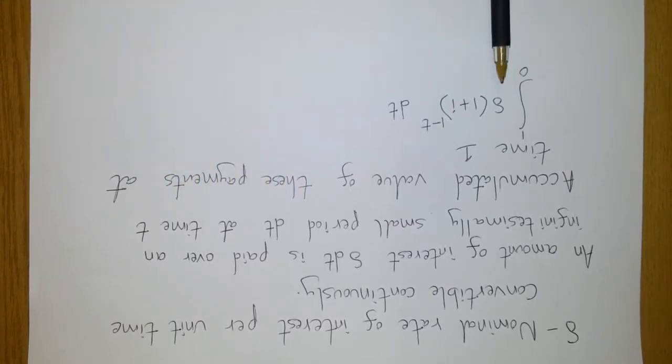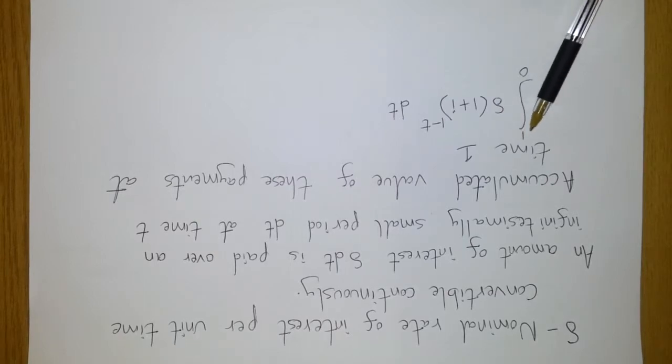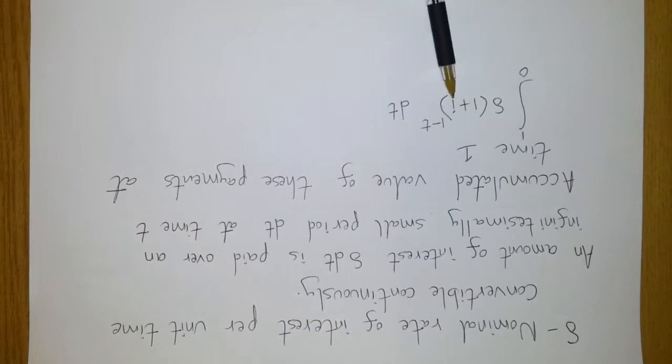So if you take this interest, delta times dt, which is paid at time t, and you accumulate it to the end of the period, time 1, such that you multiply it by 1 plus i raised to 1 minus t,